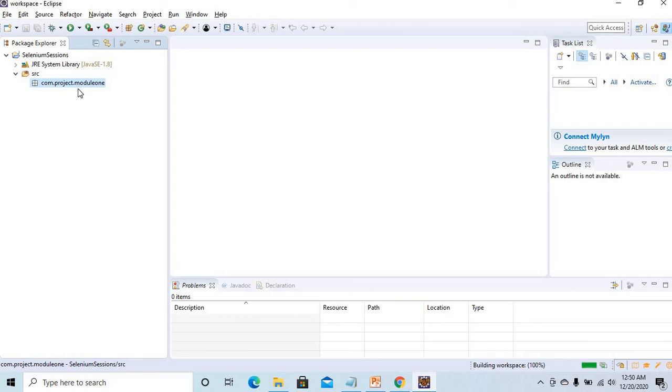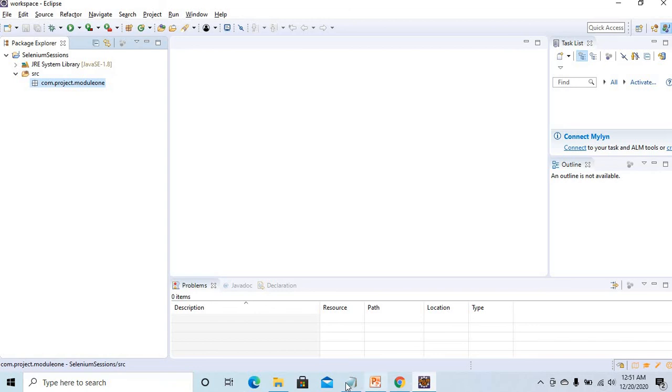This is a realistic way we used to give here. Com dot project dot module, com dot company dot, like that. Don't worry about that. I'm just giving it as module 1, so I'm just going to collect classes related to module 1. That's it. I can create one more package also, com.project.module2, to create classes related to another module. So now we got the good point, right? Package is only useful to collect related classes.